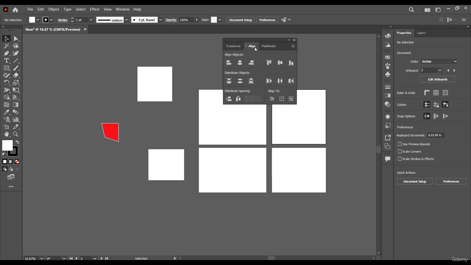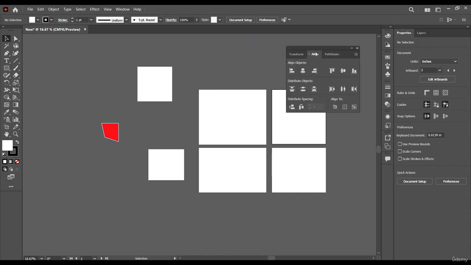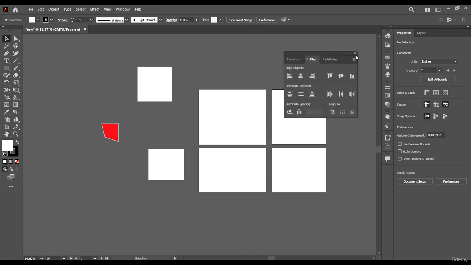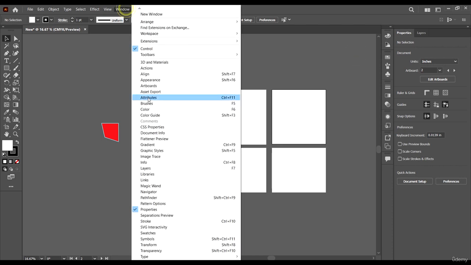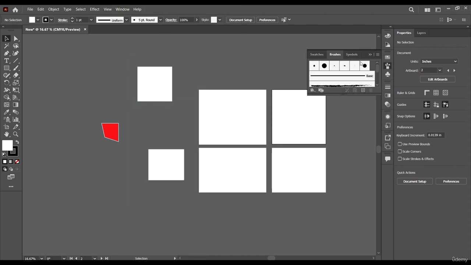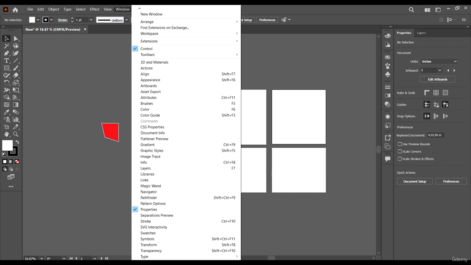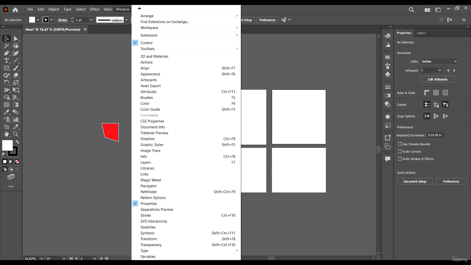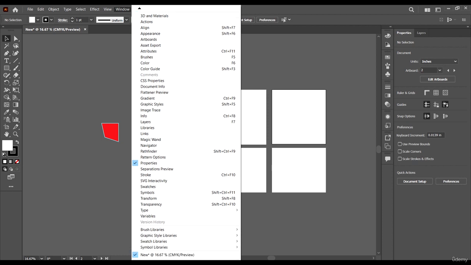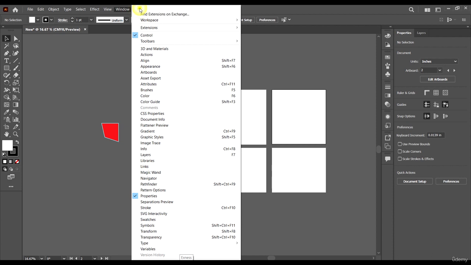align panel. Now you can see this is the align panel. You can do all sorts of aligning with this panel, and you can see brushes, and of course we have brushes here. It just pops out. And we have a gradient, and you see gradient is out here, and many other panels which our viewports cannot handle for now. Okay, we can also set up